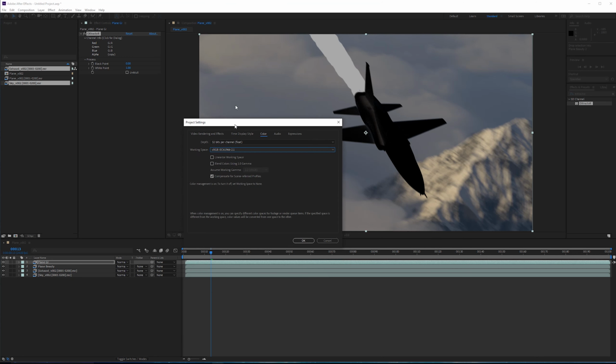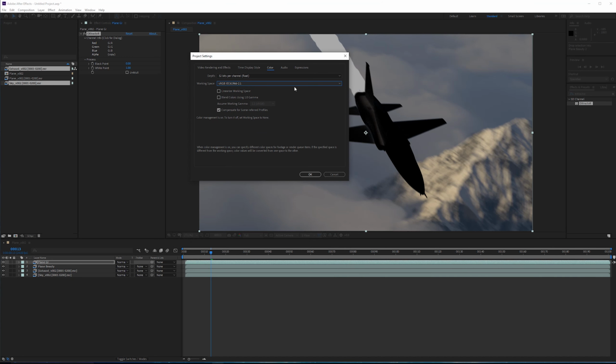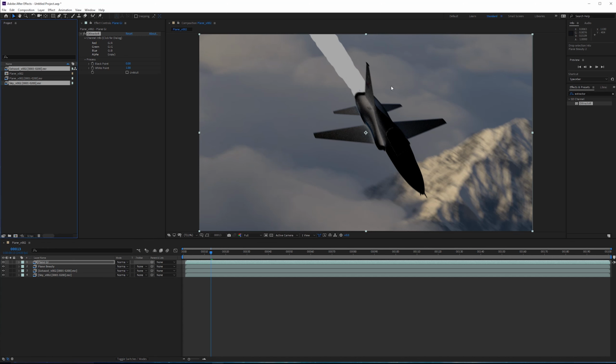sRGB is the standard working space for most computers and monitors, at least Windows monitors. So this is using a gamma of 2.2, and then we need to linearize the working space. So by clicking linearize, you'll notice that the color changes. If you forget to linearize your working space and then you realize halfway through your project that you didn't do it, you will have to recomposite nearly everything because the values are very different. To view the same colors and values that we saw in Maya, we have to linearize.